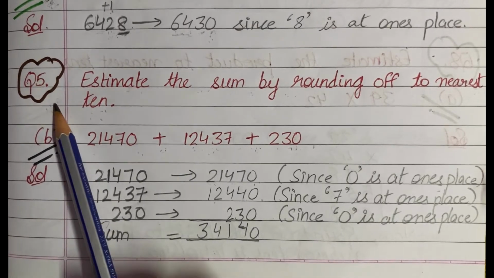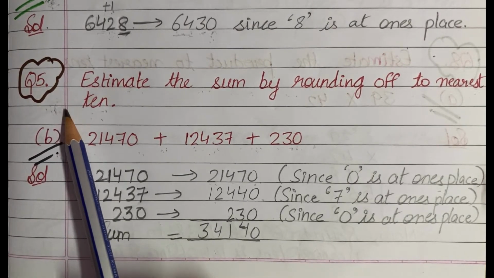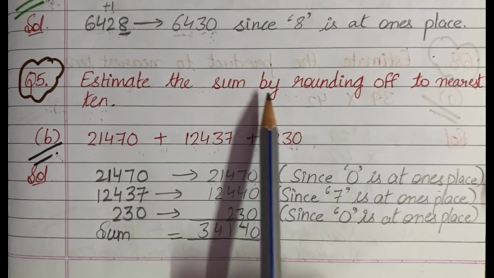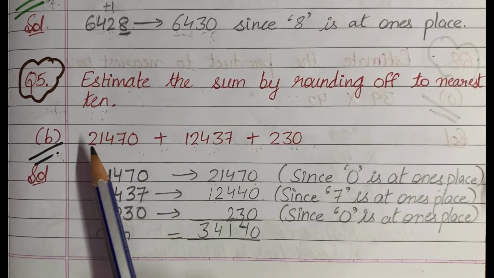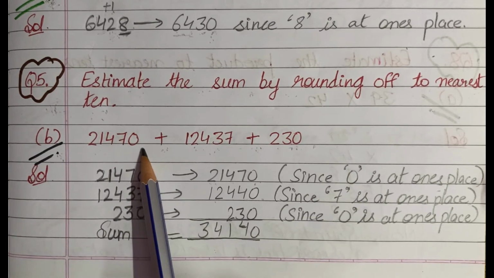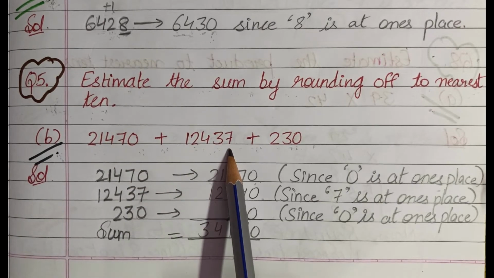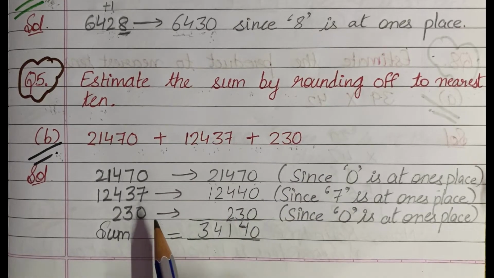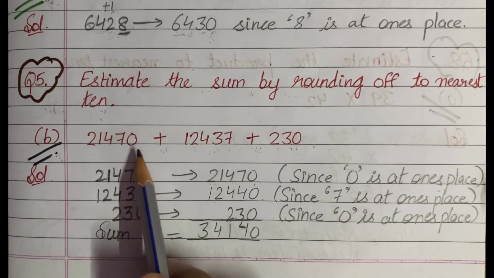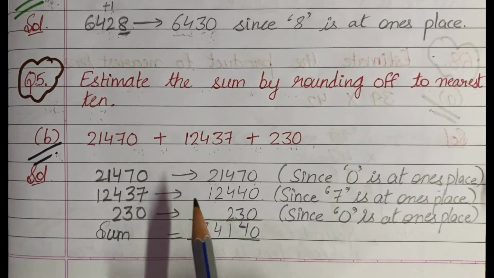Next is question number 5 and question number 5 says that estimate the sum by rounding off to nearest tens and B part says that 21,470 plus 12,437 plus 230. Now students, first of all we will round off these three numbers to the nearest tens and